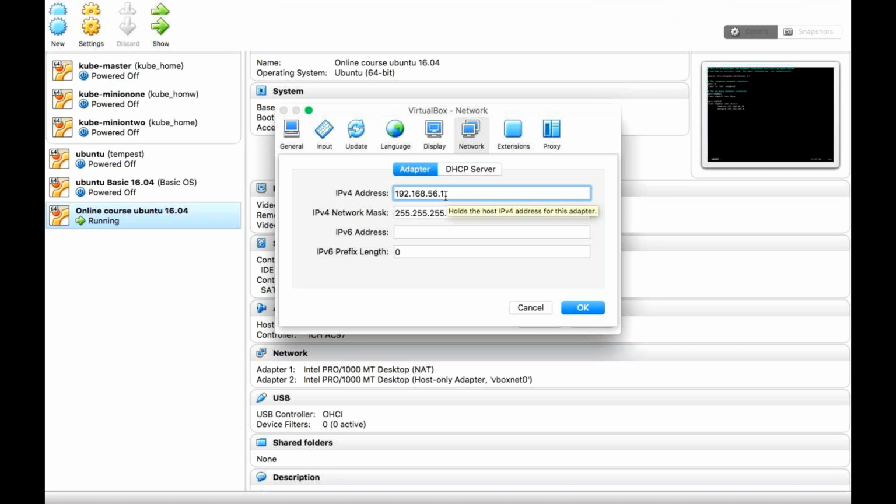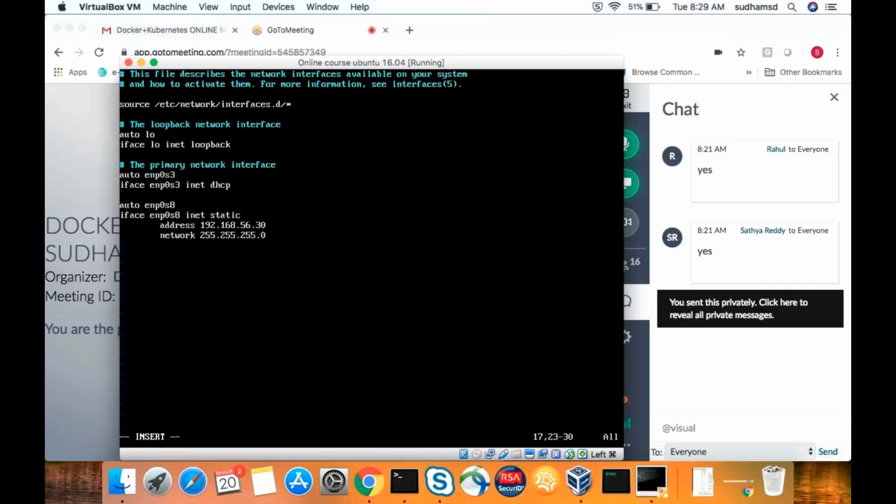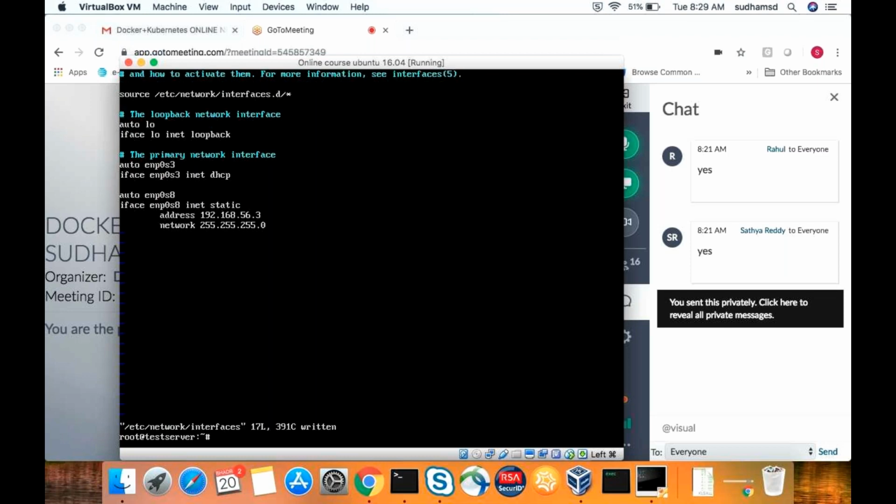One is nothing but the gateway, and it is not assigned to any system. So I'm taking 30. No system has been allocated the 30 IP address, so I gave 30. It is up to you, I can give 3 also. Then save this file with escape, :wq, enter.